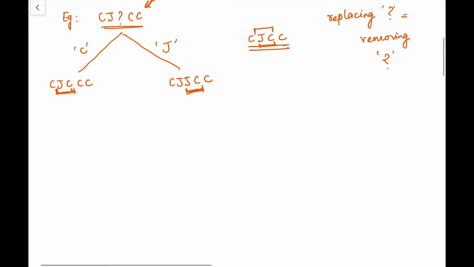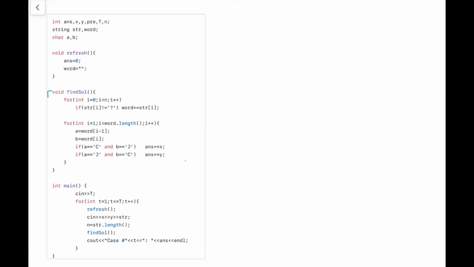So let's see how the code for this works. Here in the solve function I am doing the processing. So for every character of the string I'm checking if it is not a question mark, I am appending it to my word string, and word is just an empty string in the starting, and as this for loop proceeds we are appending every character of the string to this word.